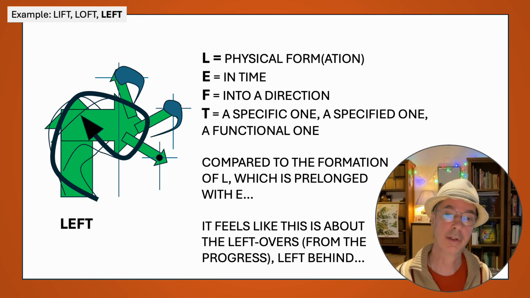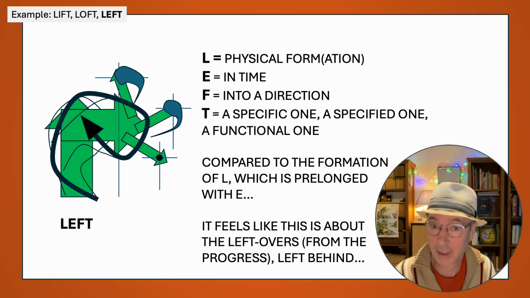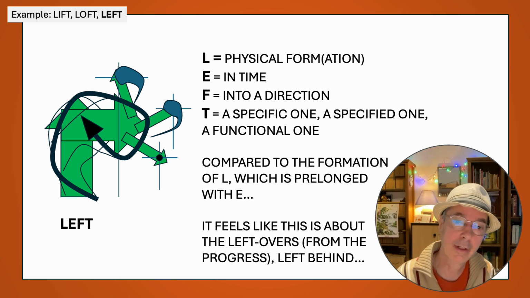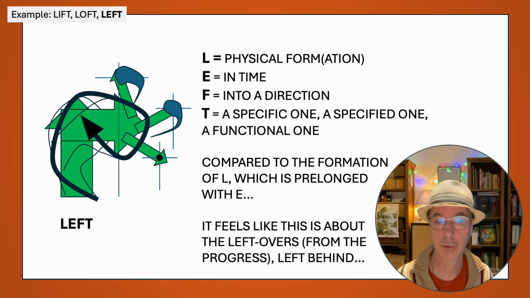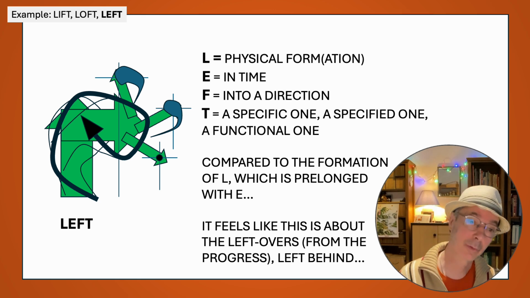We use L as a physical form in time into a direction. Mostly it would have been a choice, but with the T immediately after that, it can be a very specific, specified one, and of course a functional one. That's how we also use left against right. If you would